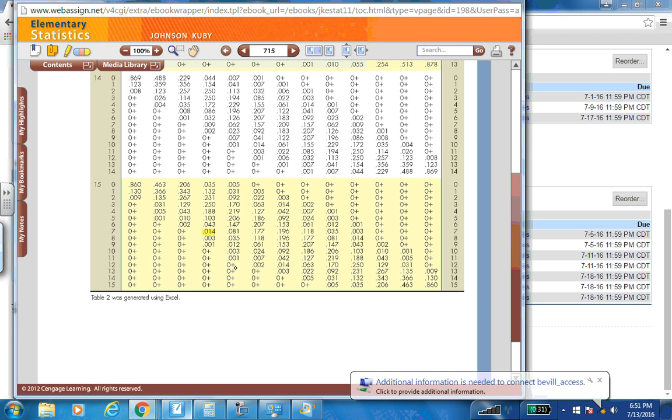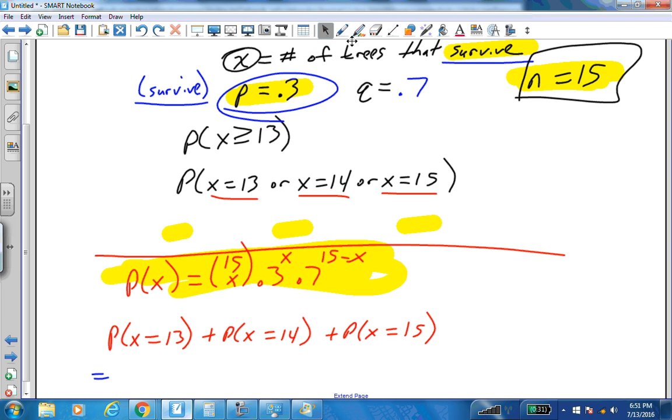So this column where x is 13, we get basically 0. Where x is 14, we get basically 0. When x is 15, we get basically 0. So basically, if there's only a 30% chance of survival, there's almost no chance of getting 13, 14, or 15 trees survive. Now notice in the table,